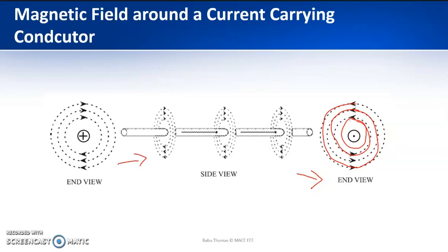The direction of the magnetic field can be very well determined using the right hand rule. That is, if the current carrying conductor is grasped by the right hand so that the thumb points in the direction of the current flow, then the fingers will point in the direction of the lines of flux. Thereby you will be getting a clockwise direction here, and when you look from the other end of the conductor, it will be anti-clockwise. The current entering the junction is represented by the cross symbol, and the leaving part is represented by the dot symbol.